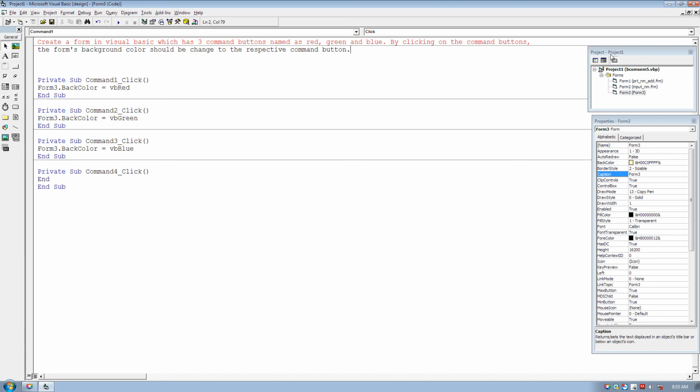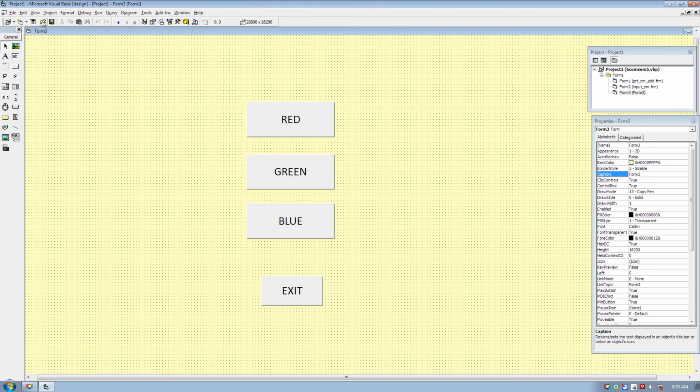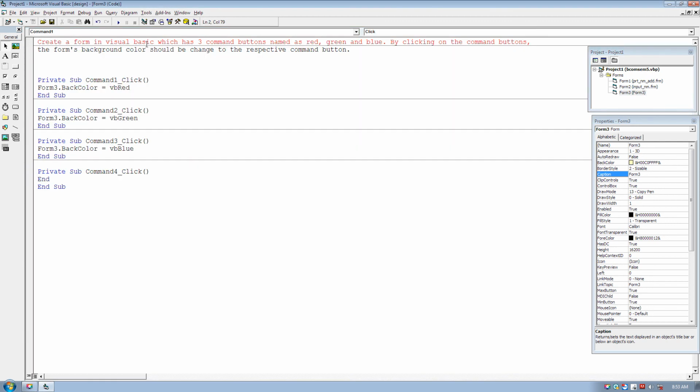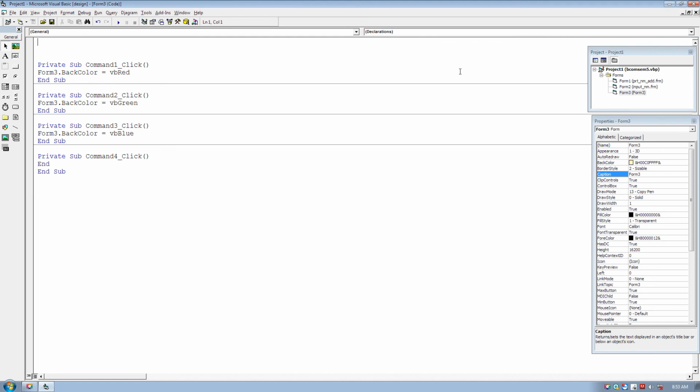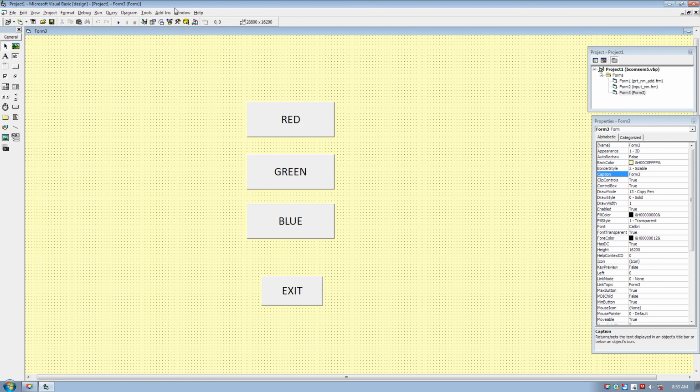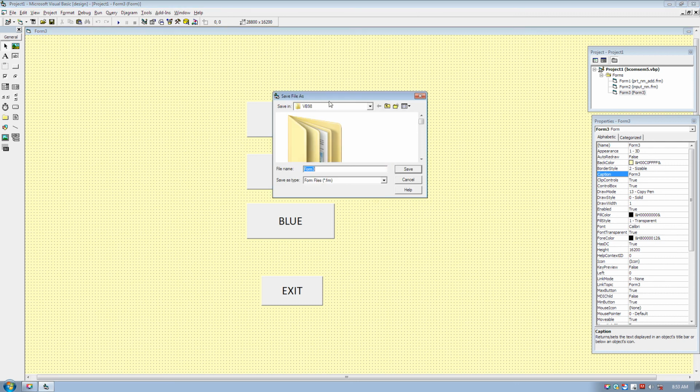Now I have to save this form naturally. Save. Before saving, I shall remove this definition. It was for you only. You must have written it, so I will not keep this forever. I shall save this form. The form is saved under VB98. No, I don't want to save it under VB98. I want to save in my folder, Bina and VB forms.